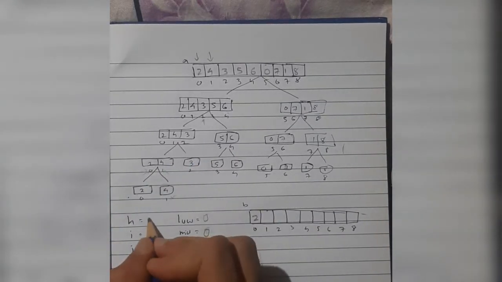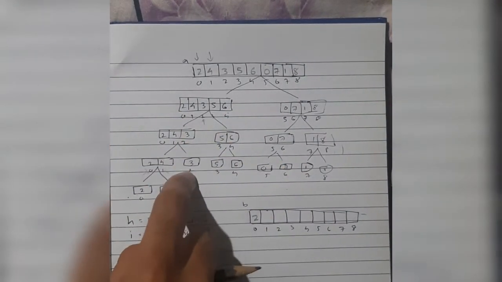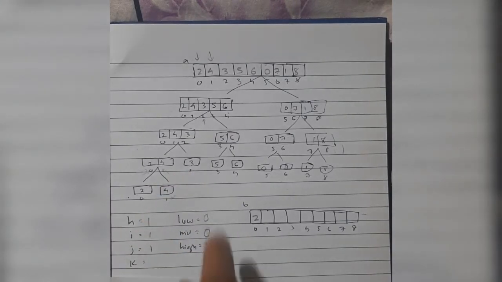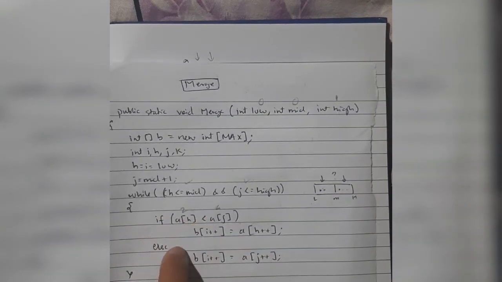Don't worry if you don't understand anything. I'll be doing this for the whole array, for each of the individual elements, so hopefully you'll understand clearly. It's okay if you don't understand, just keep listening. We are done with this. The first line of code is over. So if is over, we'll not go for else. Then again come back to the while loop.